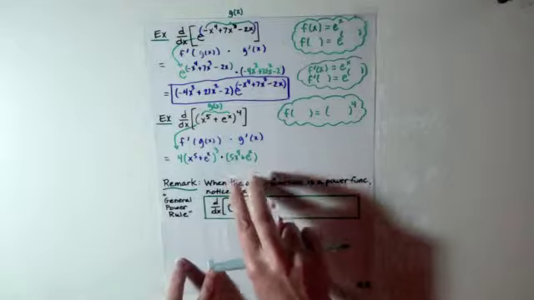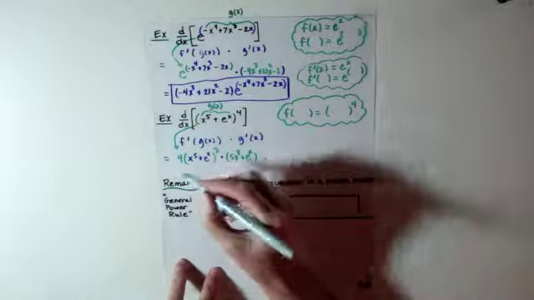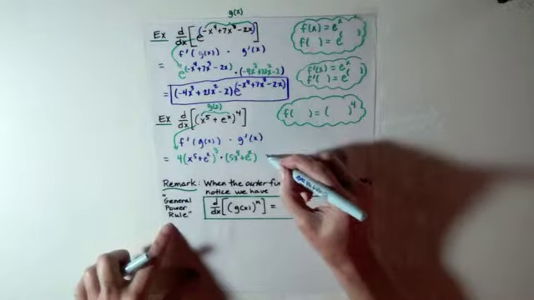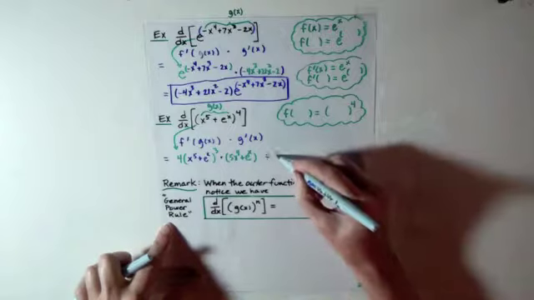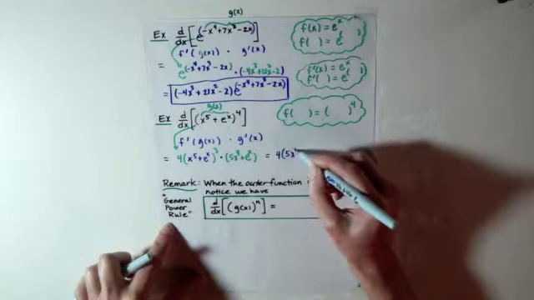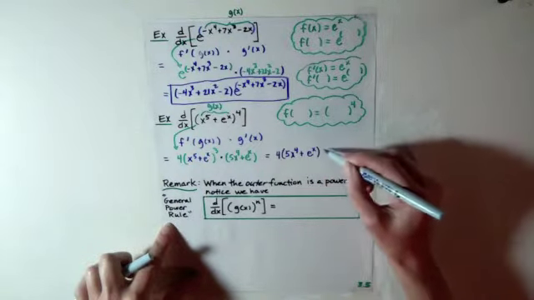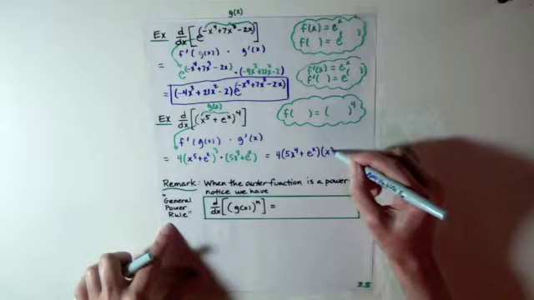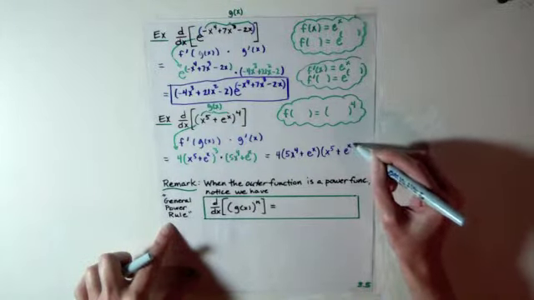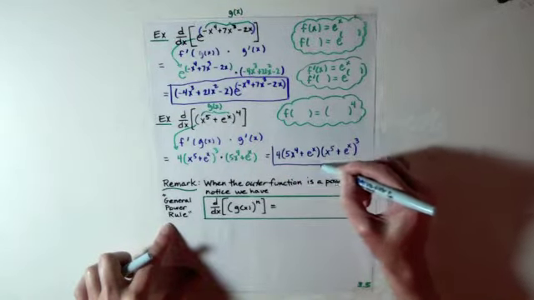Again, we usually pull the kind of shorter factors or the ones that aren't raised to an exponent to the front. So normally we would write this in the following way and just reverse the order of some of these factors. I'd put the 4 and then the 5x to the fourth plus e to the x, and then multiply that by the sort of bigger factor, the one that's to the bigger power, x to the fifth plus e to the x, all raised to the third power. And so you would usually see the answer